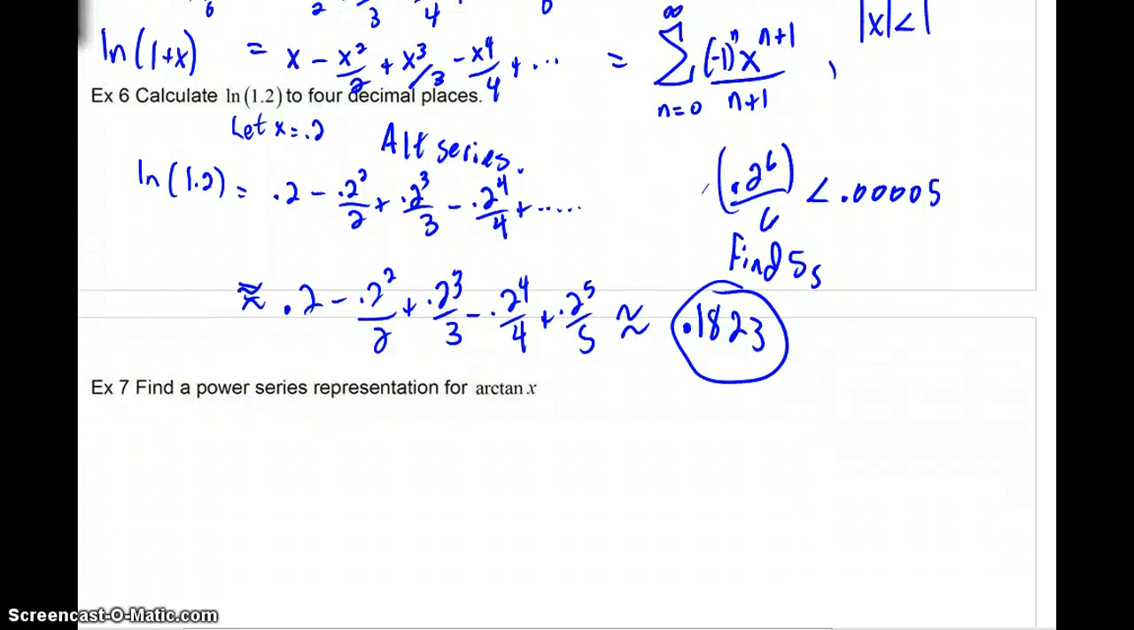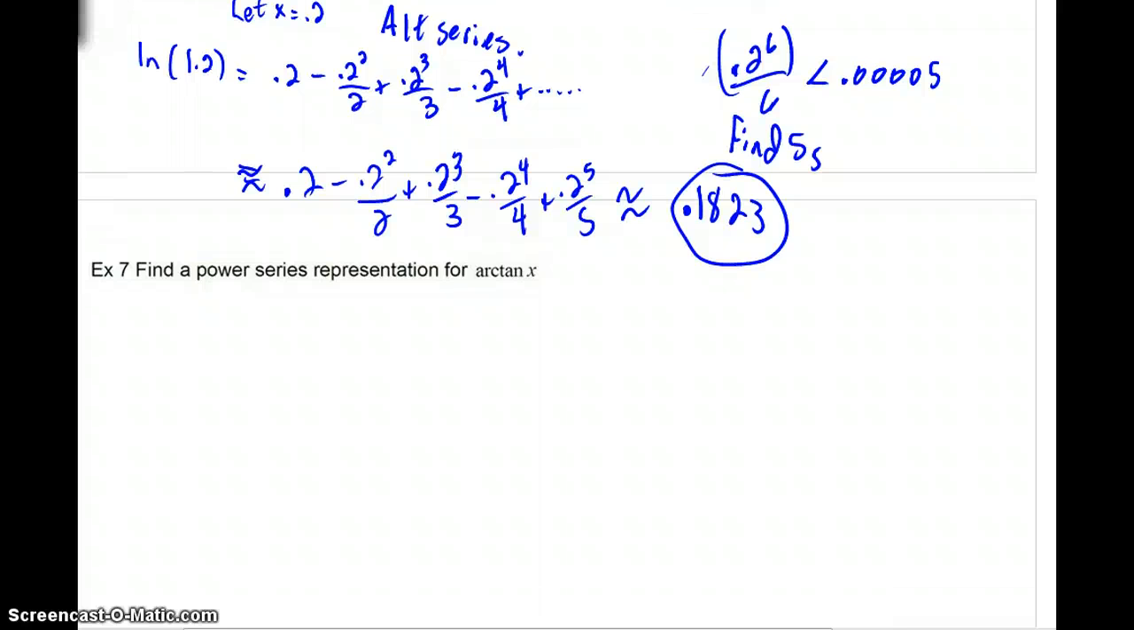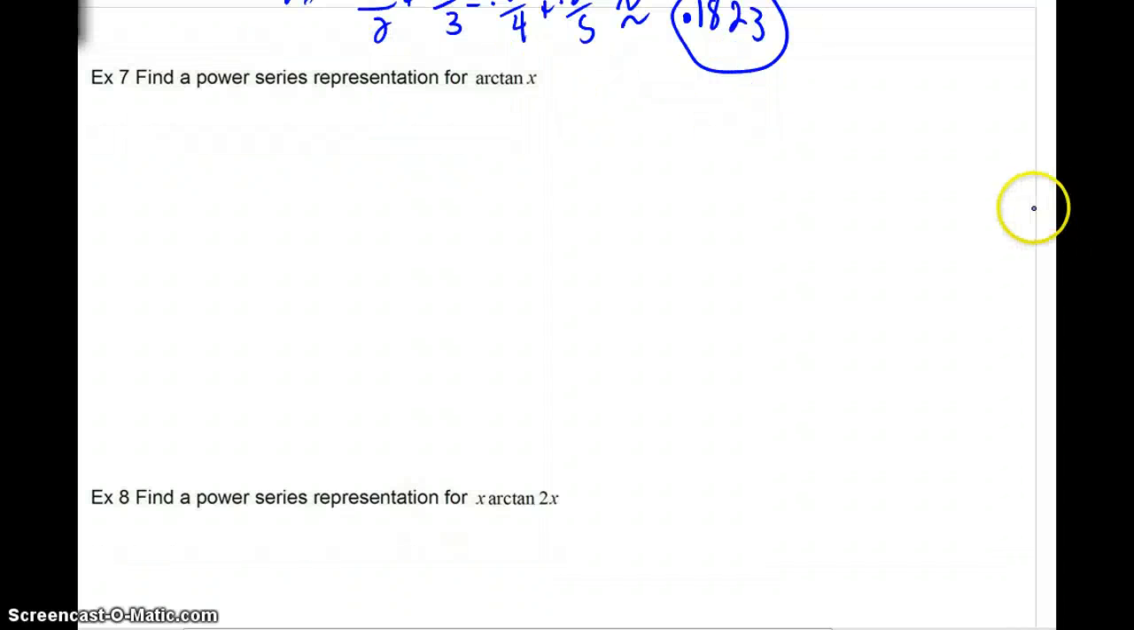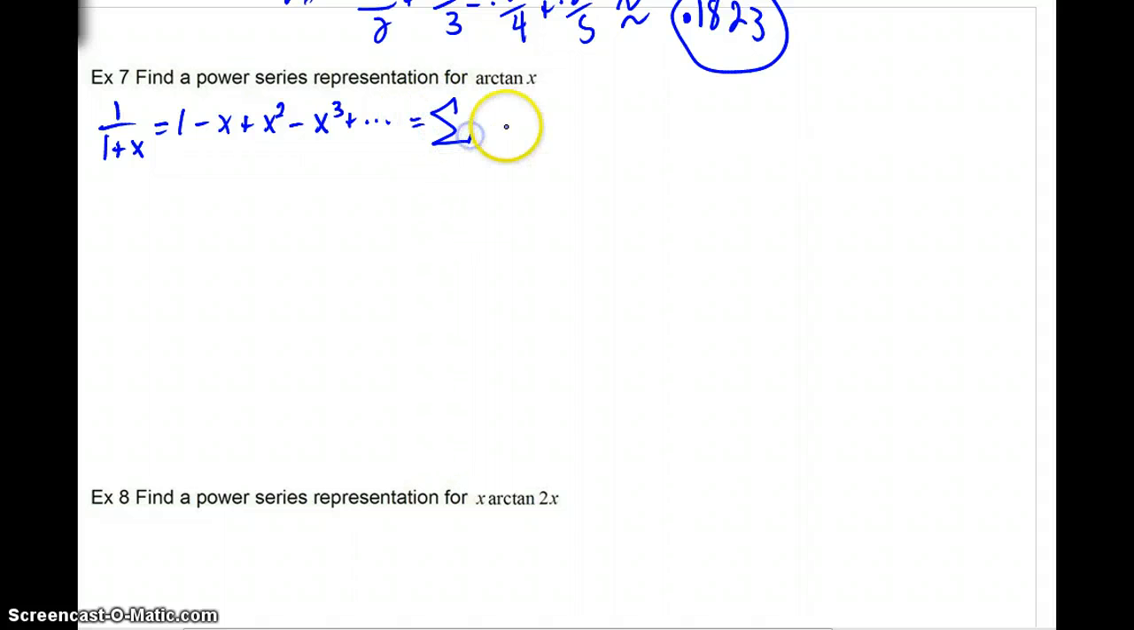Real quickly, let's take a look at example 7. Find a power series representation for arctangent. Wow, sometimes we look at this one and think, where do we begin? Here's where we begin. We'll look at 1 all over 1 plus x. This is 1 minus x plus x squared minus x cubed. And of course, this is in regard to sigma. We know that we go from n equals 0 to infinity,